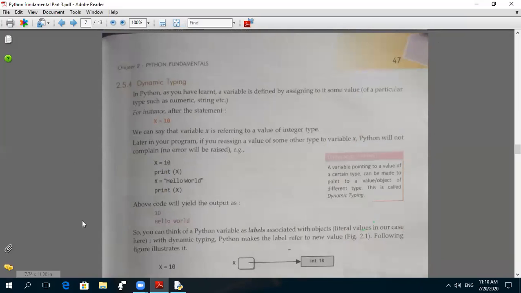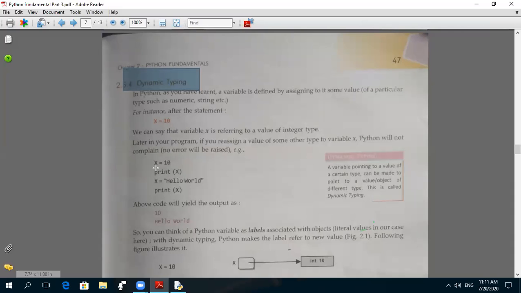See here, dynamic typing. The next topic is dynamic typing. One thing you know very well in the Python programming language: Python is not strongly type bound. Means at any moment of time you can change the value in a particular variable.